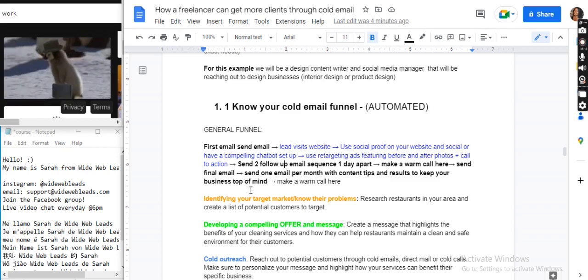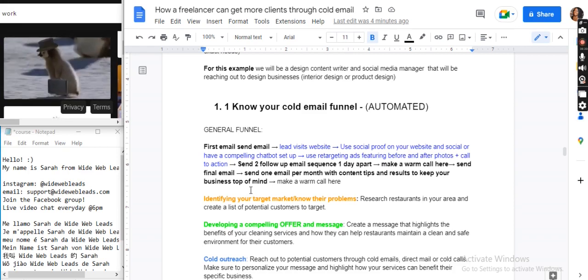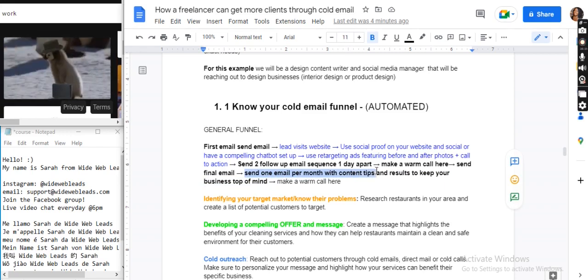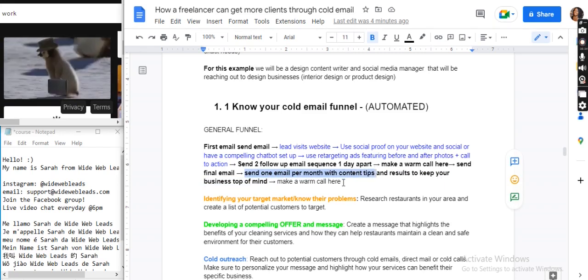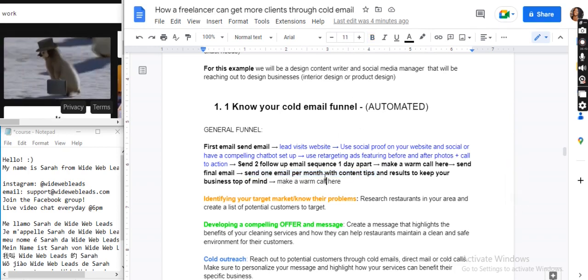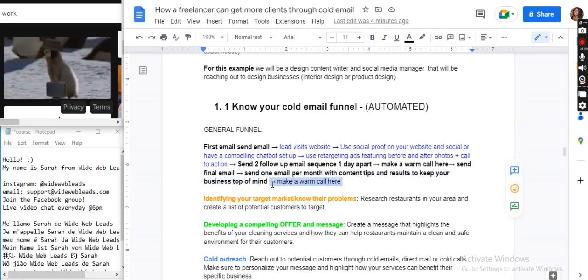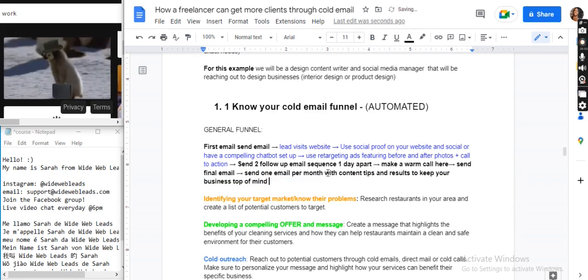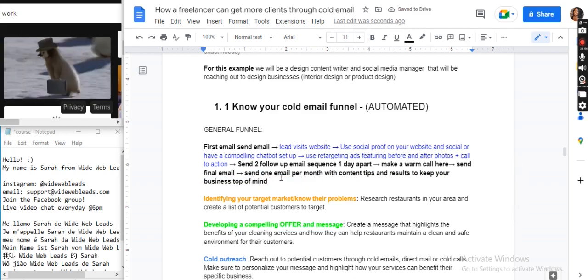Or a way for someone to respond to you and say, hey, I don't want your services, I don't want your emails. Because if they don't respond and they don't hit unsubscribe, then we can send them marketing emails once a month with content tips or social media tips or whichever results that you have, so that you can keep your business top of mind. Okay. And then we make another call if you would like, but I'd like to stop here. I don't know why that's there actually. I like to stop here at the once per month, and also keep your call to action in the email. Okay.